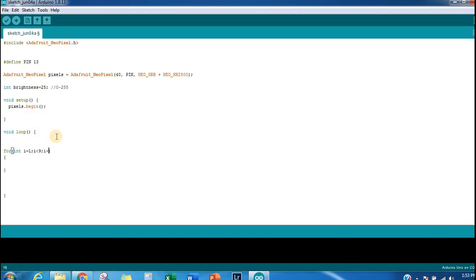So if we put it like this, i will go from 1 to 8, and then here we will put i plus plus. This is the third component of the for loop. This third component defines how i, this variable, changes in each iteration of the for loop. Iteration means every time the for loop runs. In this case, this is an operator. It says i will increase by 1. So i plus plus means i will always increase by 1.